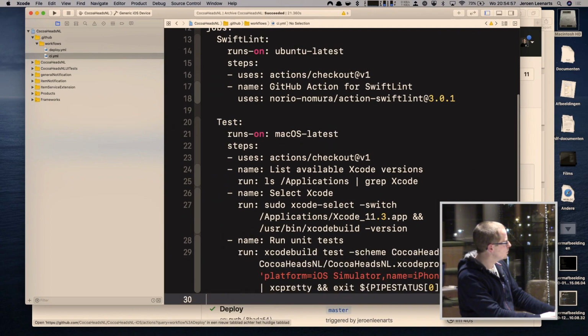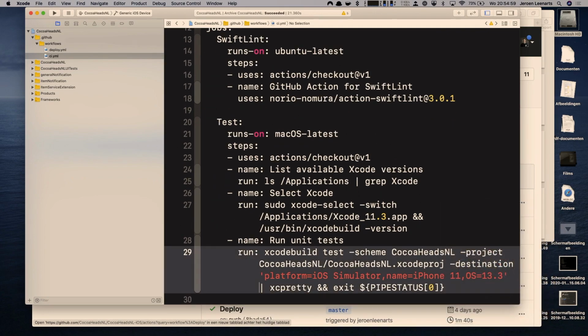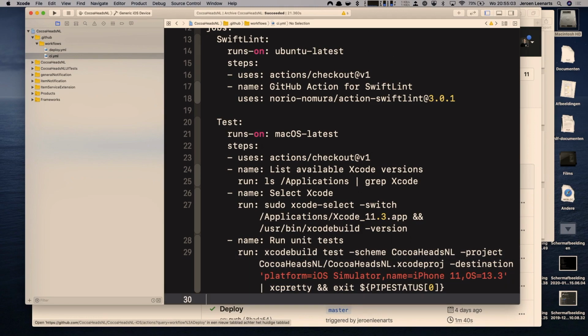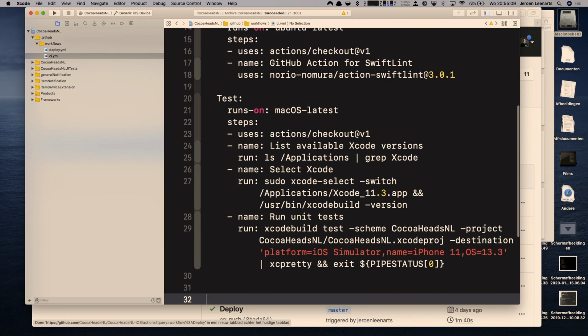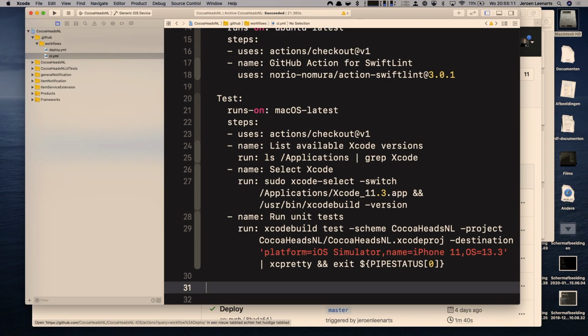Somebody said something about unit tests. We can do those as well. XCPretty is installed by default. Run it on a simulator, of course, because there's no devices attached as there is on App Center, for example. And that's pretty much it. This is all I need to do to make sure that everything is Swift-linted and that my XC tests are run, because if I had UI tests, those would be run as well on a simulator, and that's possible on GitHub Actions.